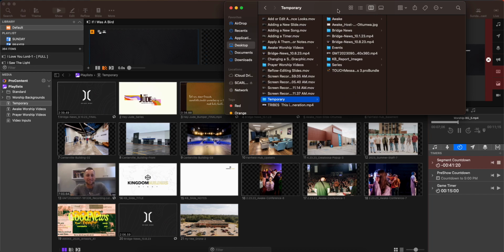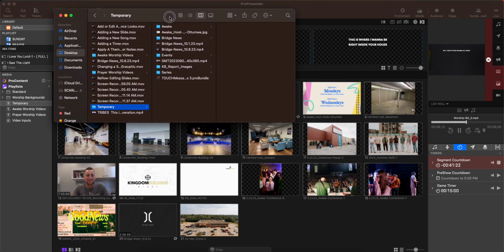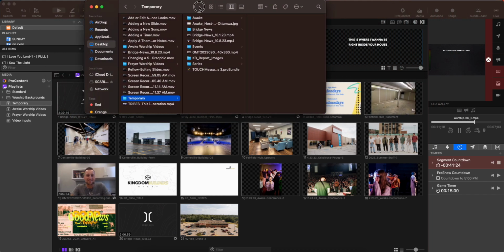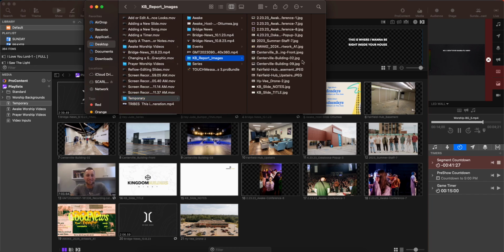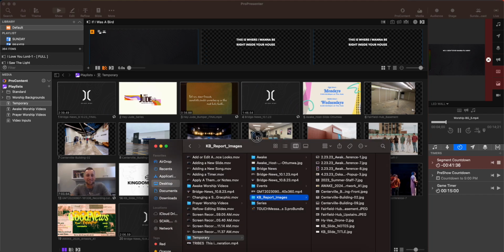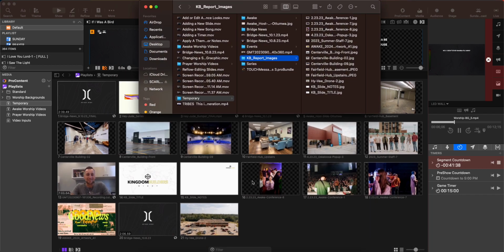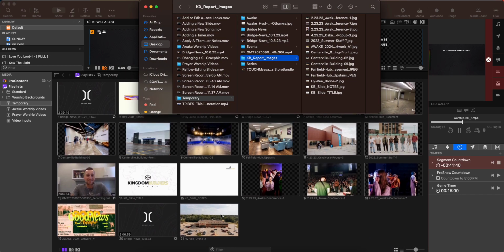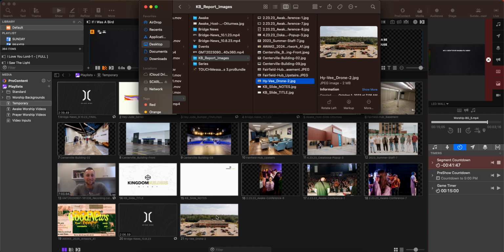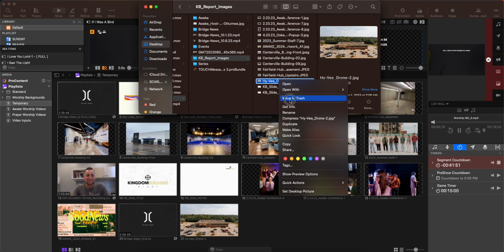So for today, I am going to move my screen over here, and I would love for you to look at this Hy-Vee drone image. If I look on my screen right here, I can see that my Hy-Vee drone is right here. It's the very last picture. So if you go ahead and watch this, as I delete this out, it's going to automatically erase it from this. So I'm going to move to trash,